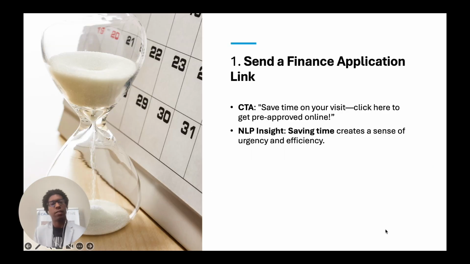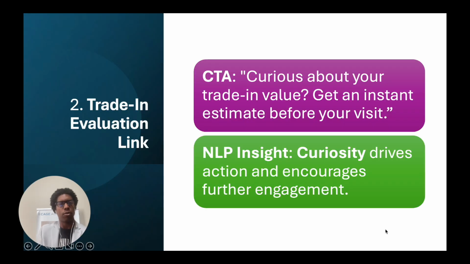So one, sending a finance application, and some of you are already doing that. This is for when that customer's not really engaging and they did not do a finance app. You could use something like, hey, some of our customers like to save time, and one way they do that is by doing get pre-approved online or submit a finance application. Is that something you'd like to do? If so, here's the link here.